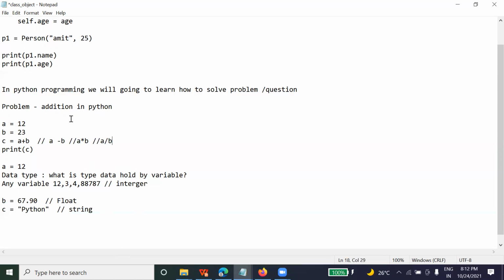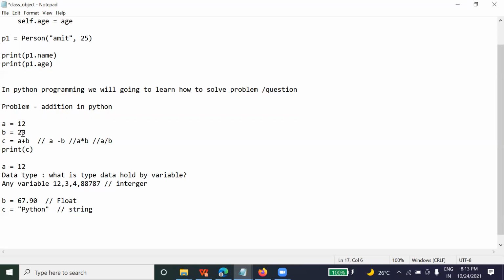Now here, can you tell me what we are missing? Looking at this program, give your suggestion on what we can modify here, or what you feel is the limitation of this program? Or power. Power operation, yeah, we can go up to cube. Yes, you can perform power and cube both, but that is not what we are missing. What we are missing here is that we are restricted to these two values all the time.